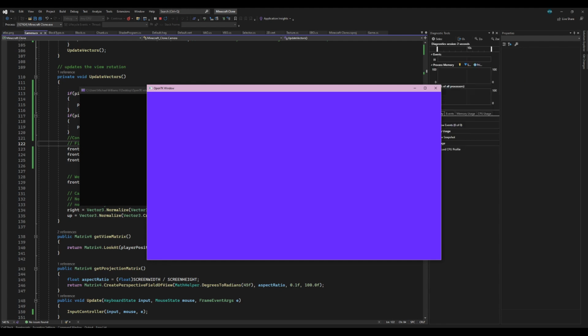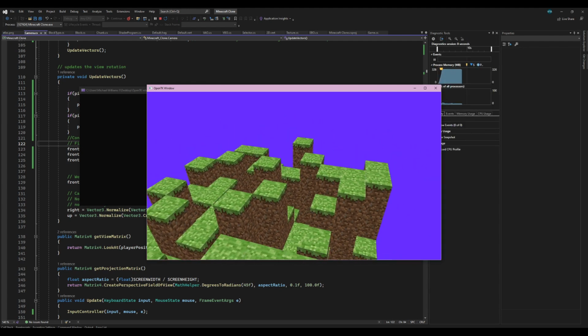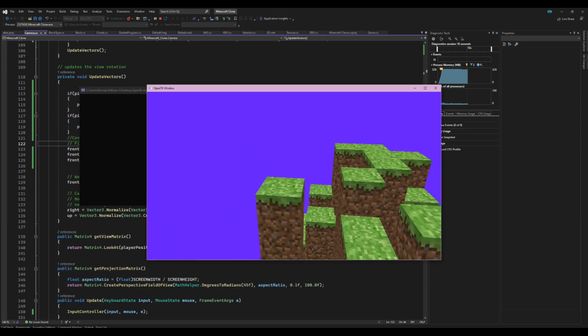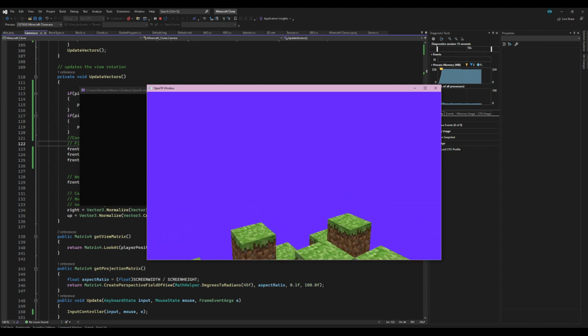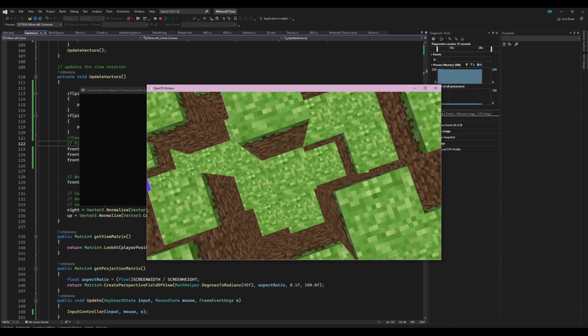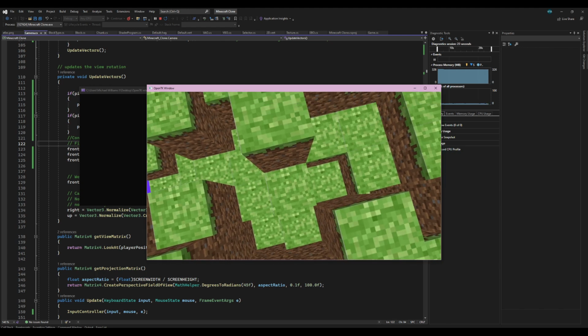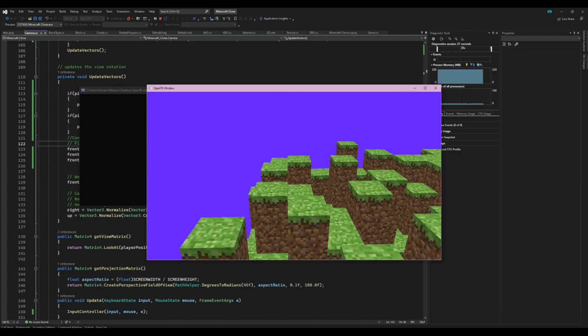So here it is. It's a very simple clone. It's just a one chunk render. And we have this camera here, and as you can see, this camera has a 3D movement. We can look around with the mouse. We also have where you can press space and it goes directly up, and shift and it goes directly down, and you can look up and look down, and it doesn't let you do any weird things where you can go past this distance. So all of these features we're going to be adding in this tutorial today,